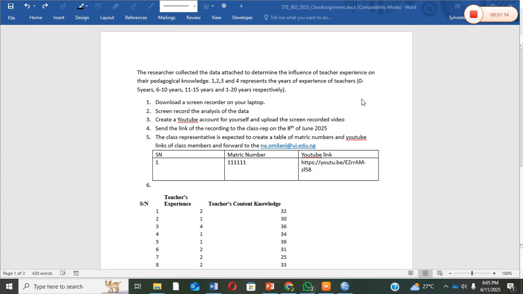We're looking at two variables. That's teacher experience on one hand and the pedagogical knowledge of the teacher on the other hand. So we're looking at how we're going to be comparing the effect of teacher experience on their pedagogical knowledge. So we need to determine which of these variables is the independent variable and the dependent